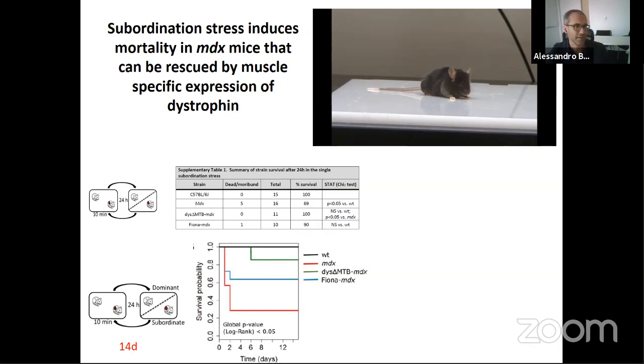But then we extended this to a sort of lifespan, a couple of weeks in this case, and this number goes down to almost 80% in 2 days. And then we always have a few surviving animals, which you don't know what they are. Again, dystrophin in the skeletal muscle or utrophin almost completely rescues this phenotype. So now we have a very strong quantifiable variable, which is survival. And now we want to understand how is this possible.